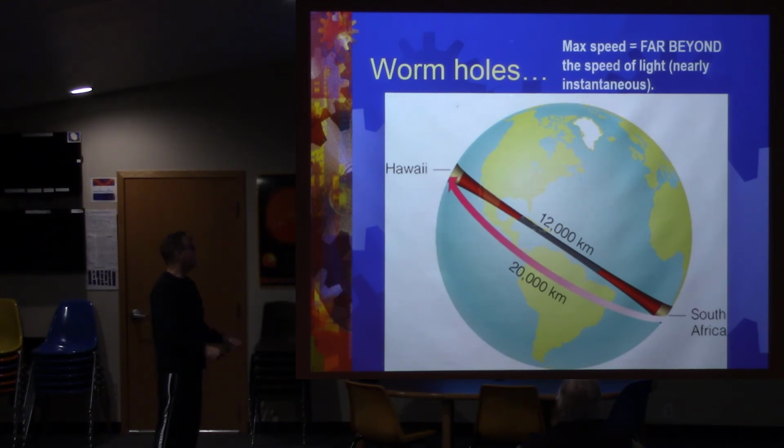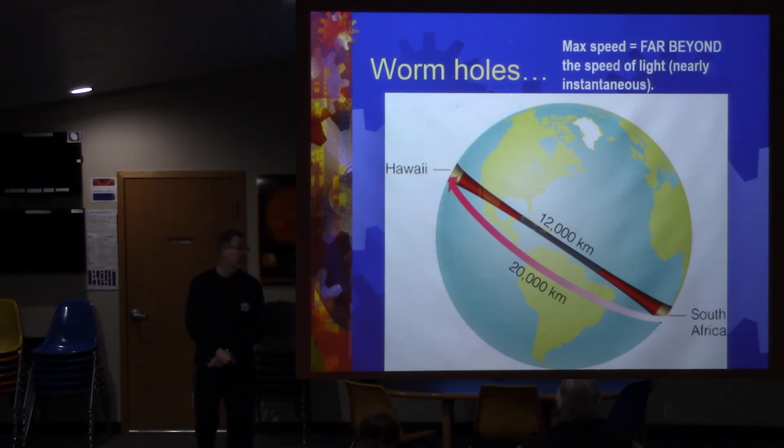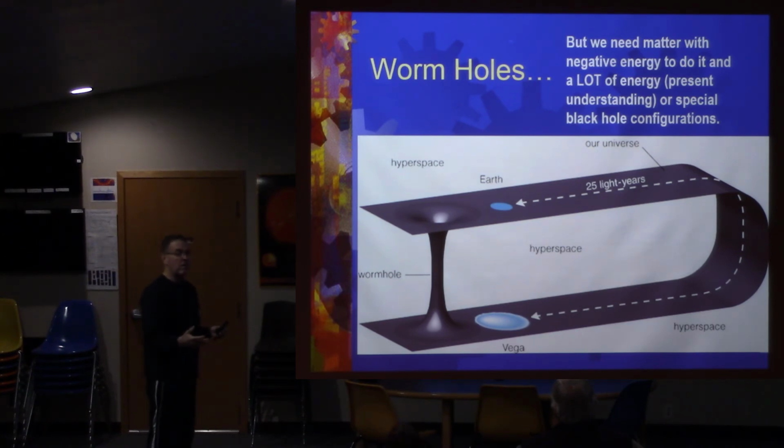But if we could get things like wormholes, then the universe is our oyster. We could pop through space and time and get someplace else. And I say space and time because, like we talked about when we were discussing the bulk model of the universe and the concept of now,